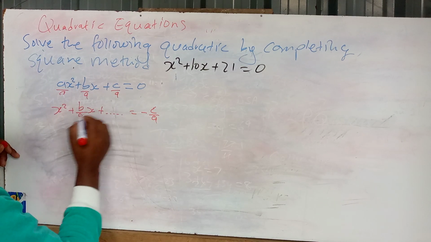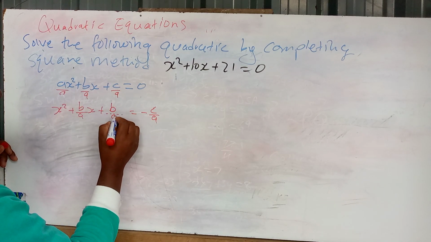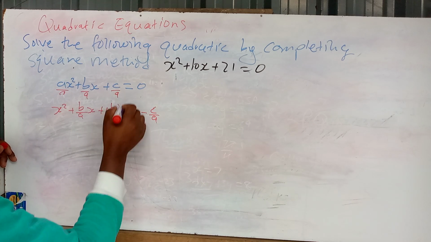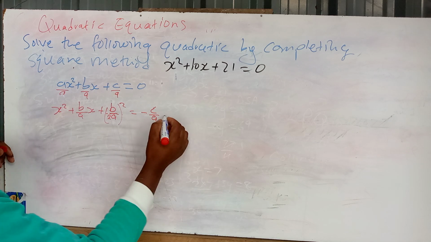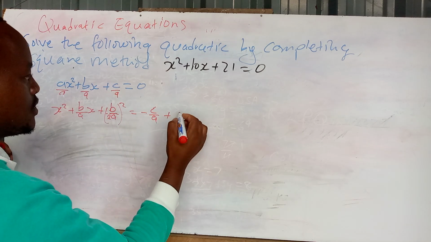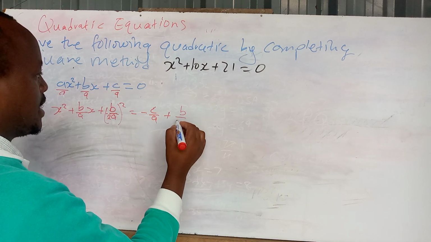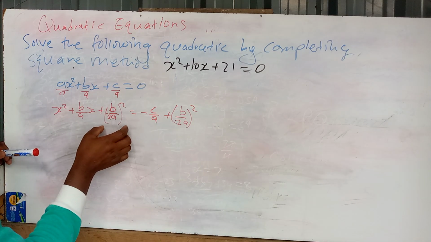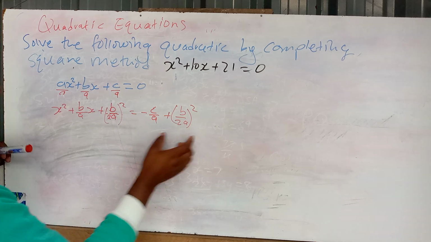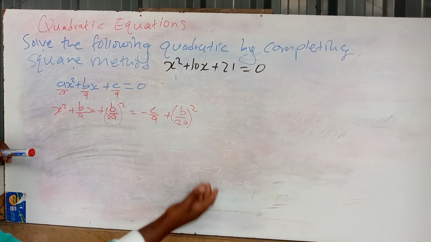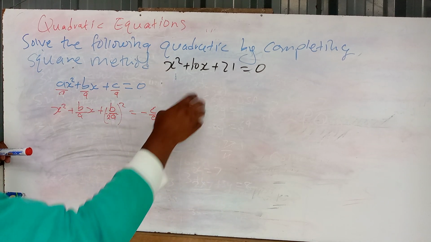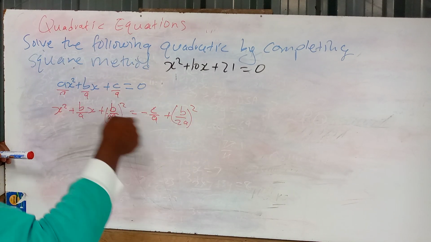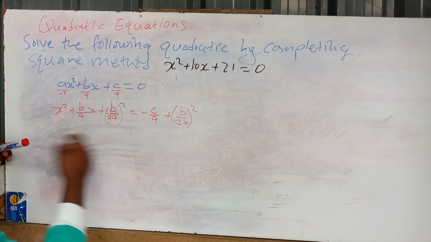So b over a we divide by 2, then squared, we add it there, then we add also here, which will be b over 2a, then squared. Adding it on this side and on this side means it's like we haven't done anything. We can cancel them, or if you bring it on this side, it will be minus this one, and then we will